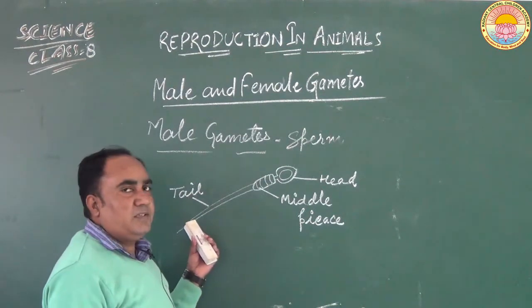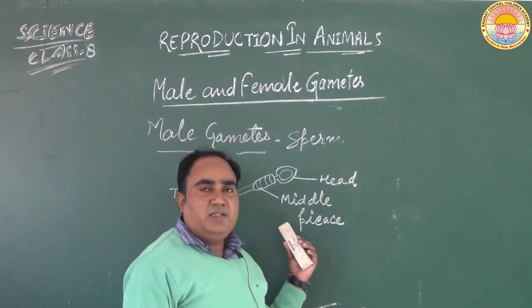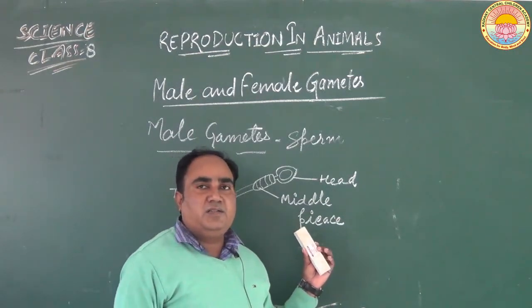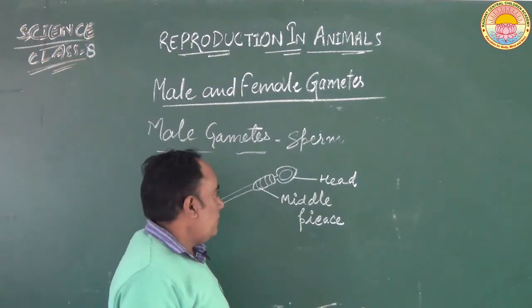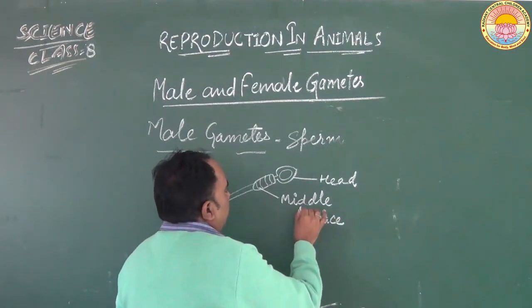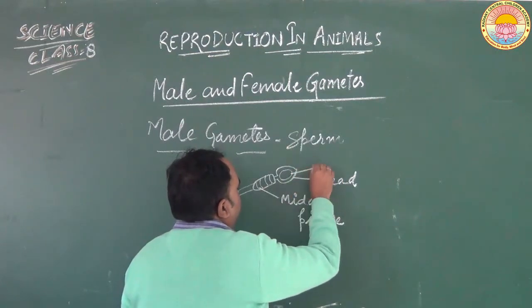The tail helps in the movement of the sperm. With the help of the tail, they can move in a zigzag way, reach the female part, and fertilize the ova. The middle piece is also a very important part. And this is the head part,